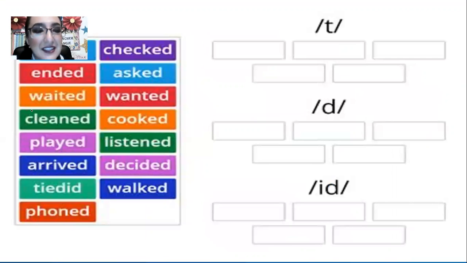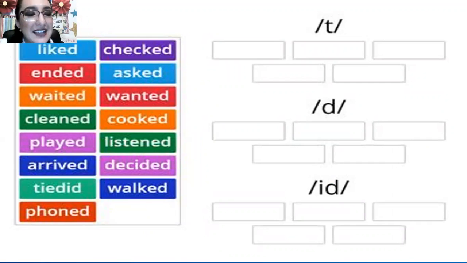Very good. Now, you are going to be helping me with this exercise, okay? I know that you can do it, you can do it. We are going to be trying to do this, okay? And let's start with these verbs. And we are going to be writing them in the correct place. For example,